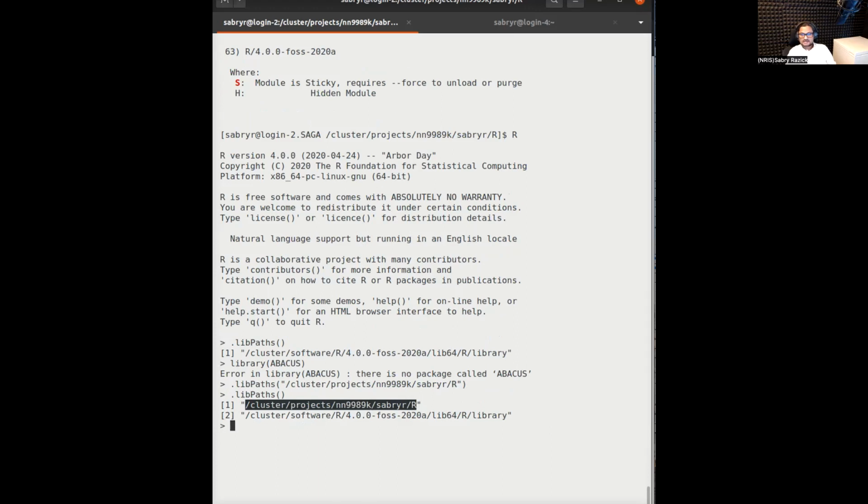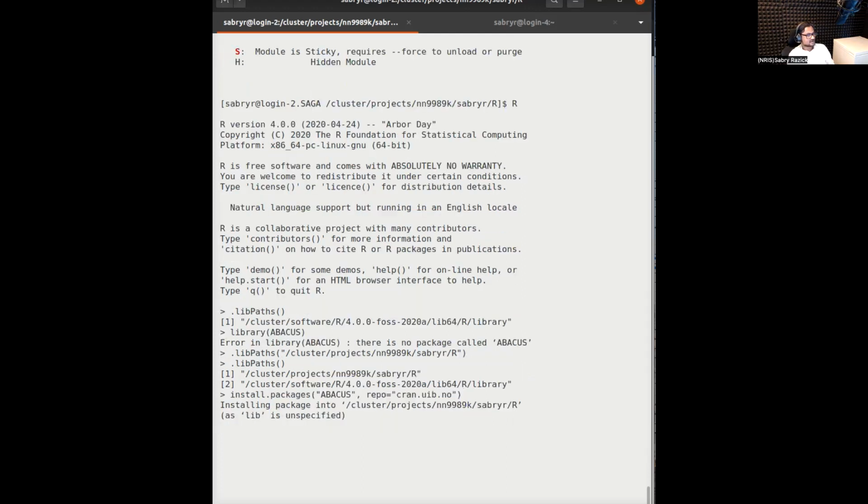Then, as described in the material, you can do install.packages with the package name, which was Abacus. And I'm going to ask R to install it from the Bergen CRAN repo, so it will not give me another pop-up message asking where it should download it from. While this is installing,